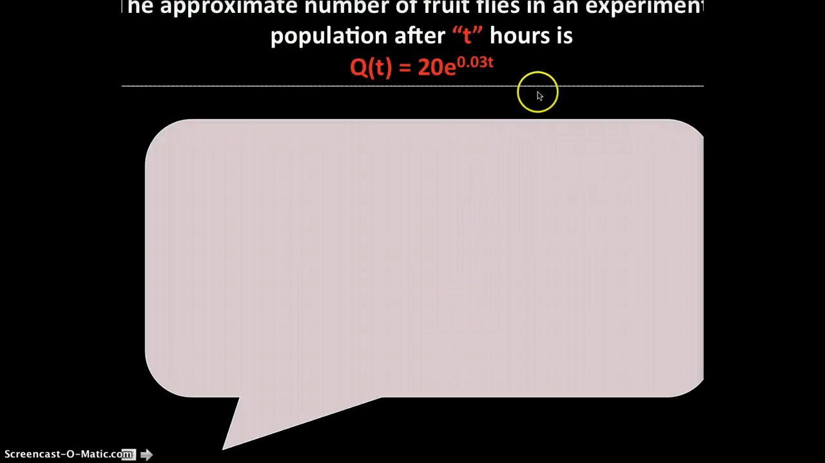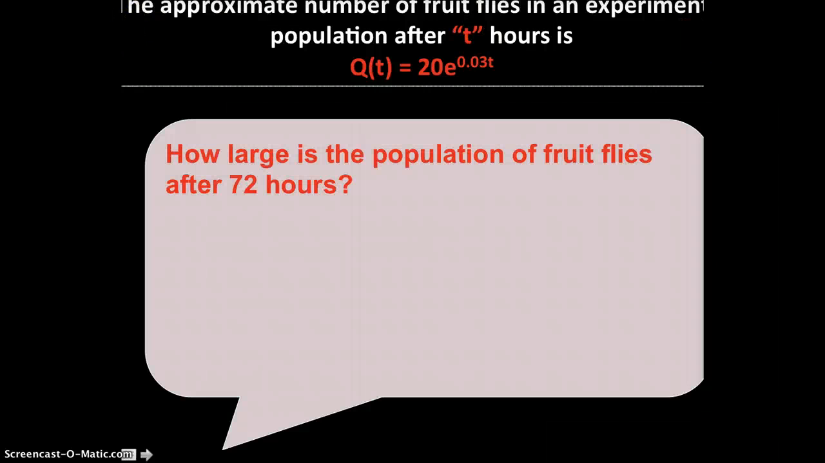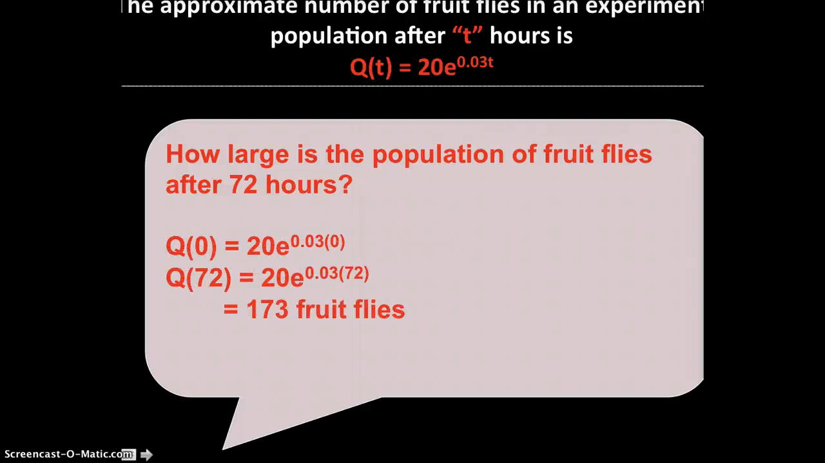We would apply this to an experiment for fruit flies. And how large is the population of fruit flies after 72 hours? And so that would be this formula with the 72 plugged in. So there'd be 173 fruit flies